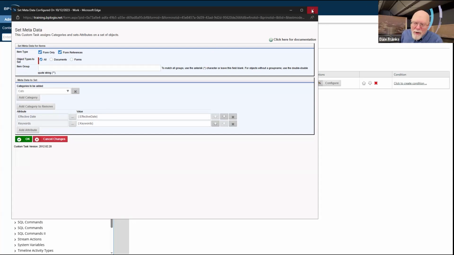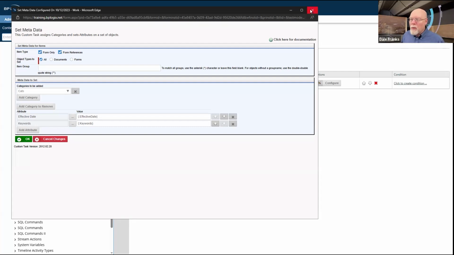Because in both cases, I'm setting metadata, not really setting any data on the form, and it doesn't really affect the form's operation, doesn't really affect the operation of the process timeline at all. In fact, the metadata is going to be a post-application knowledge view filter that I'm going to use to pull forms and documents later on. It doesn't have any effect on the application itself at all.